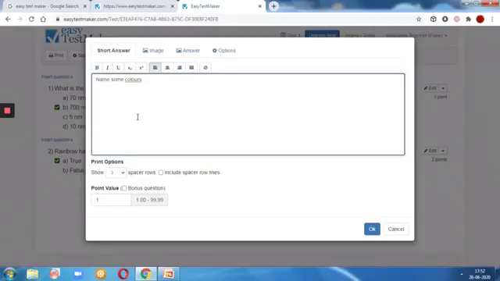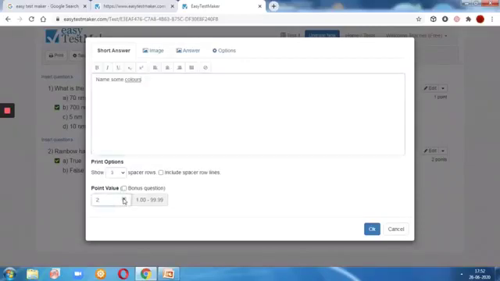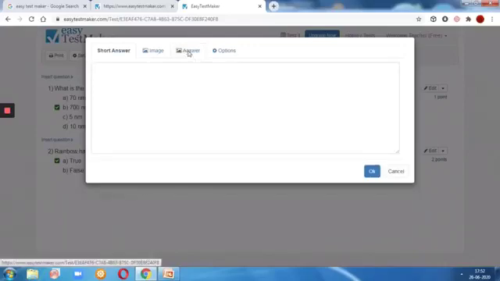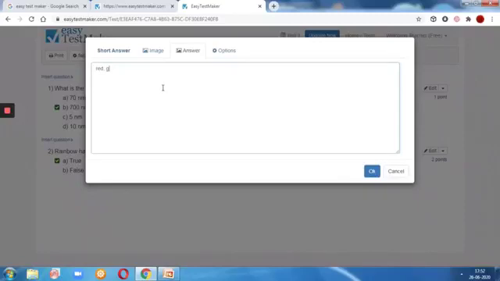For short answers, you have to correct the answers. So you can give the marks. I want to give 2 marks for this. If you want to write the answer, you can write it here. Then you have to click OK.